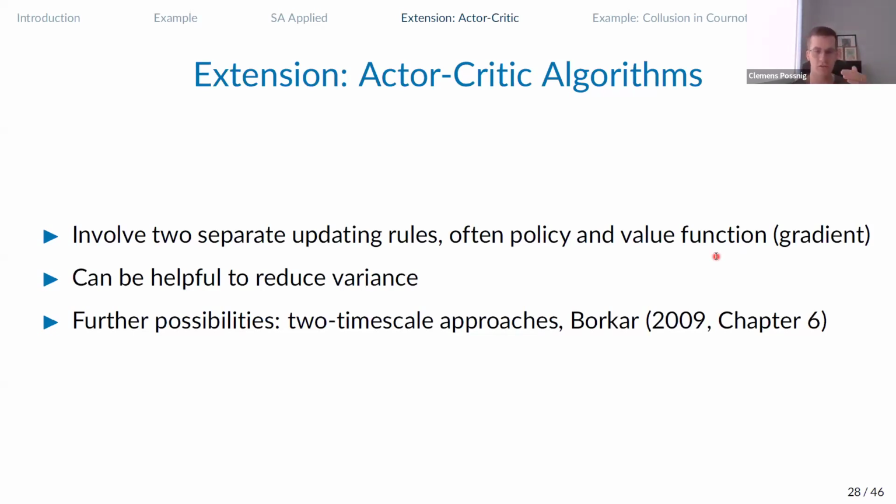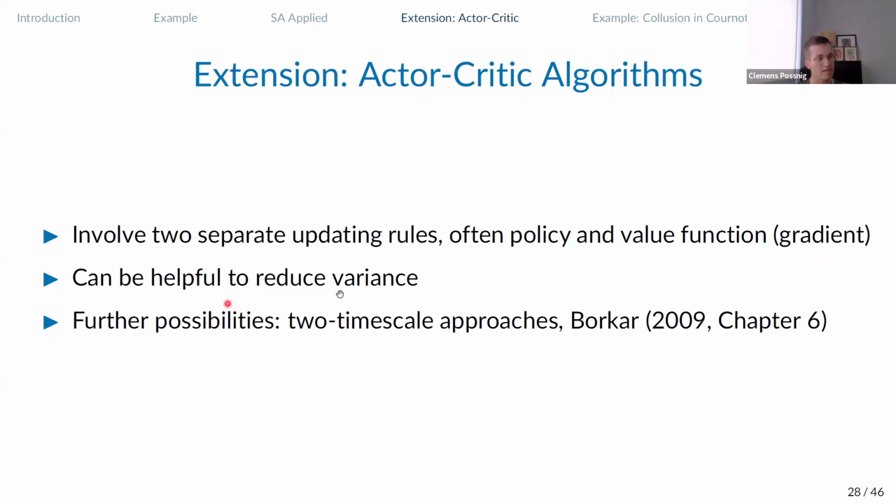And one reason to introduce this separation of policy update and critic update is a reduction in variance of the policy updating scheme. You can think of it this way: if your value function updates are noisy, because of course you're making these estimates when you're computing your value function, and you just use your policy immediately on that value function, you're also tracking exactly the noise that is generated by the value function update process. But if you dampen the updates of the policy a little bit by introducing this kind of update for policy separately, you're also dampening the noise that is introduced from the value function updates. And this is one idea of introducing actor-critic.